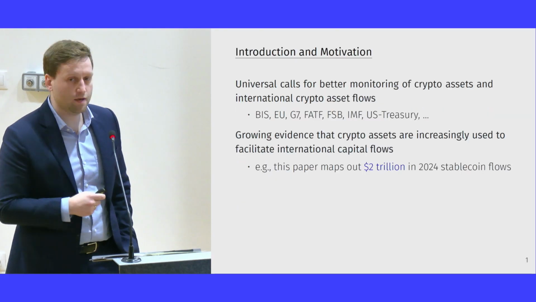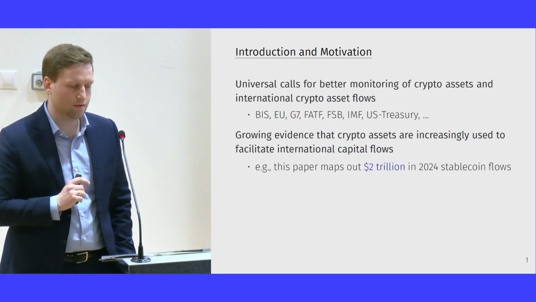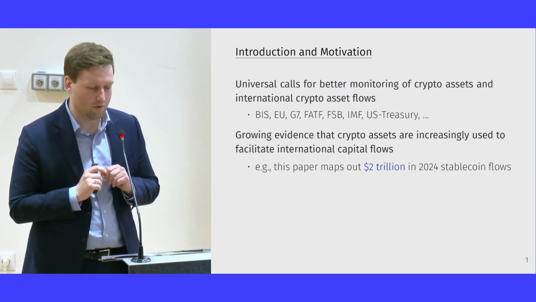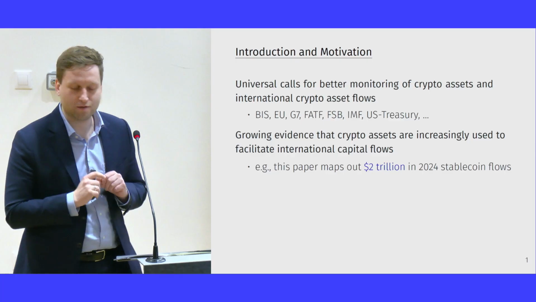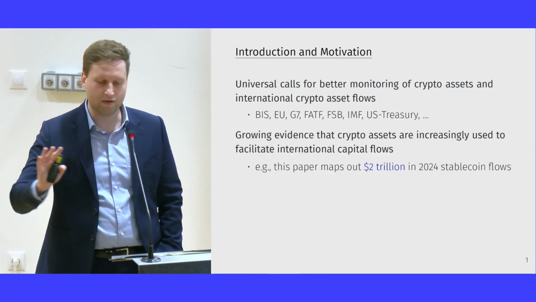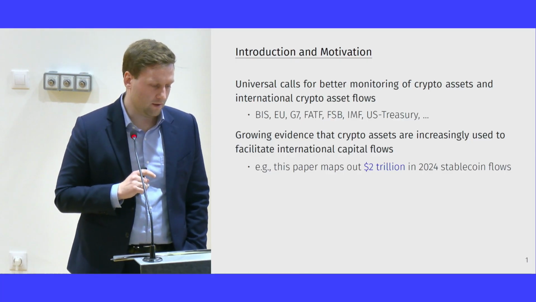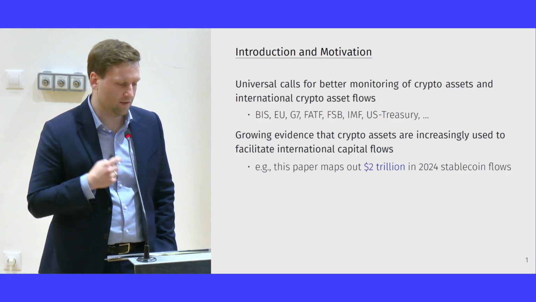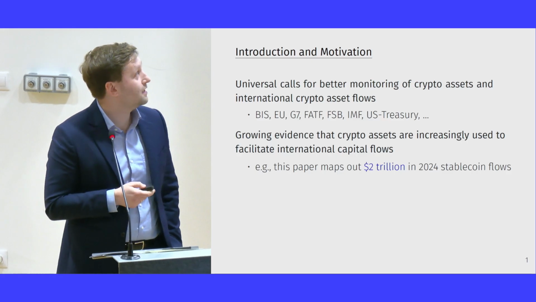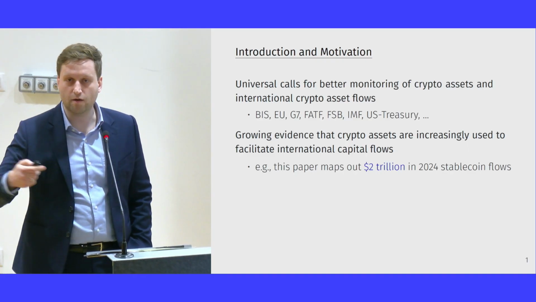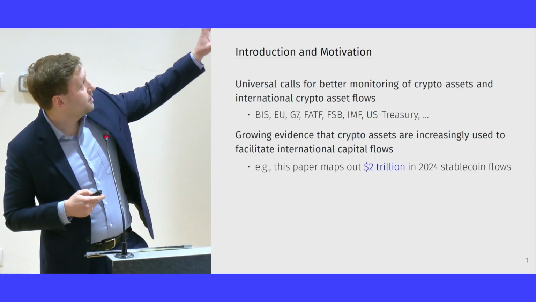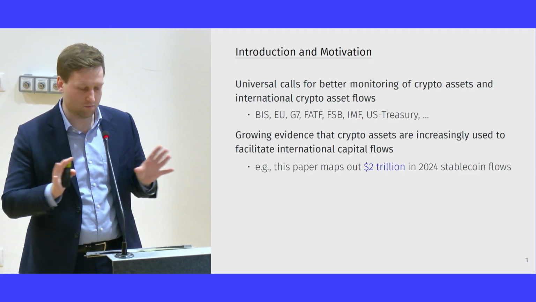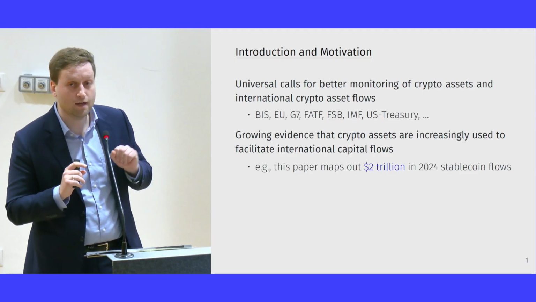So what's this paper really about? I think the other papers have set the stage nicely: there are universal calls that crypto assets should be monitored better, and people want to figure out who owns them and how they get sent around. There's a literature, and I think I'm contributing to that, that crypto assets are used increasingly to send money around internationally. Within this paper, I'm going to break down $2 trillion of crypto asset flows,